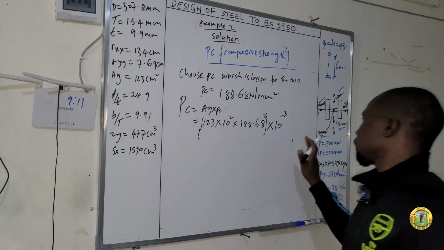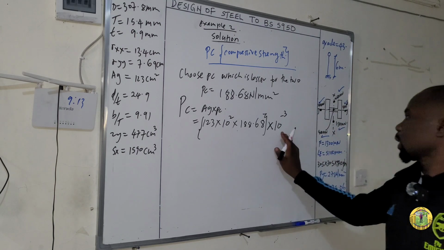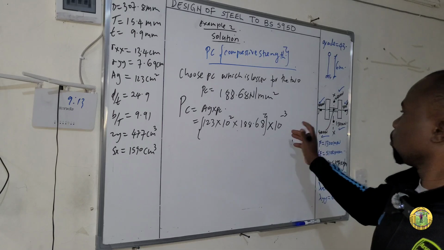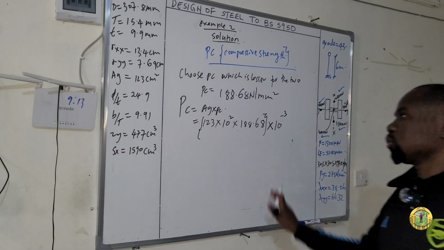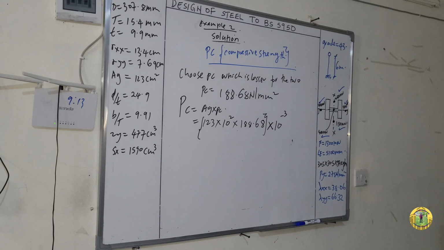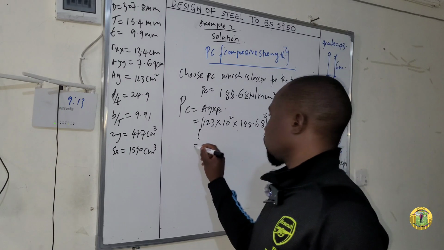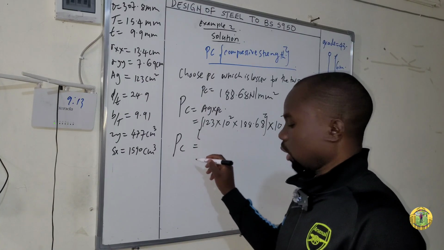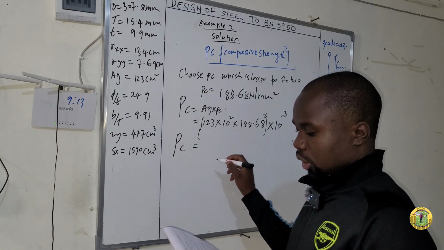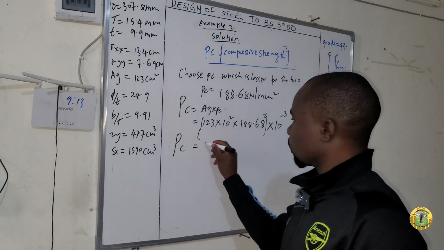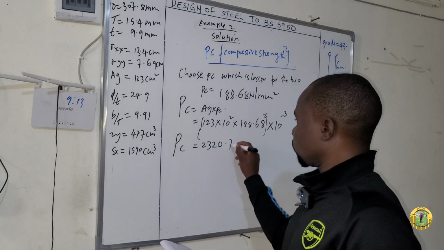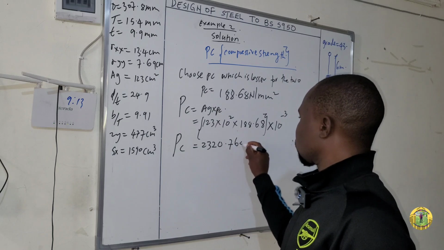Why? Because we want our answer in kilonewton. If we don't multiply by 10 raised to the power negative 3, our answer will be in Newton. So if you carry out the operation, you will get PC as 20.764